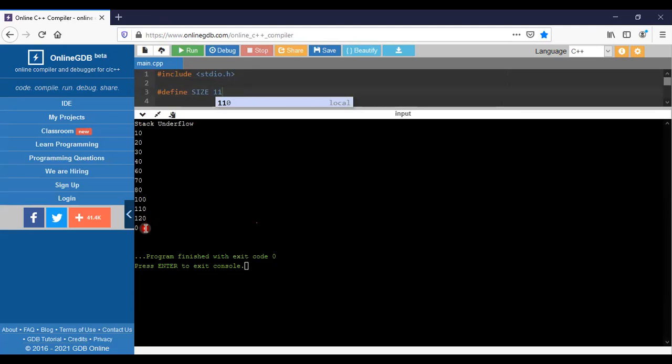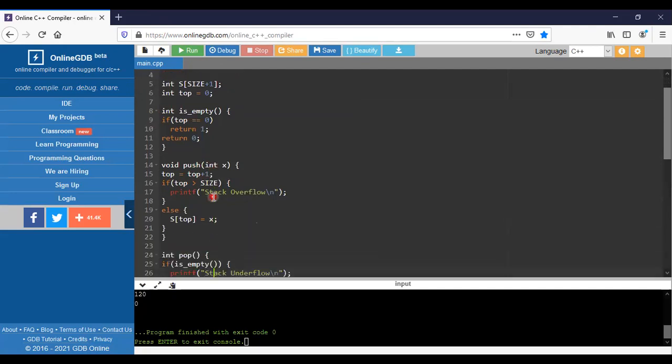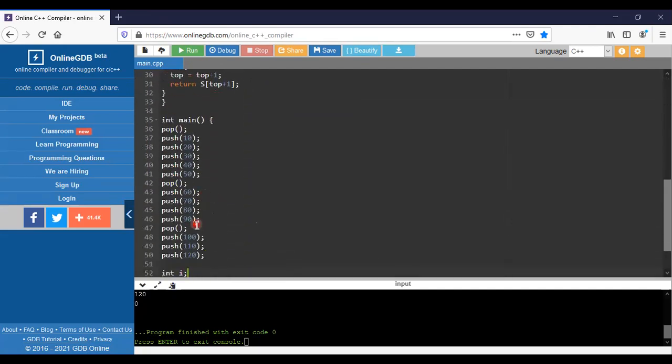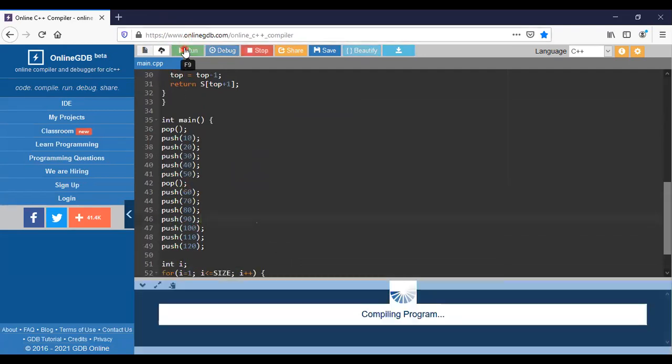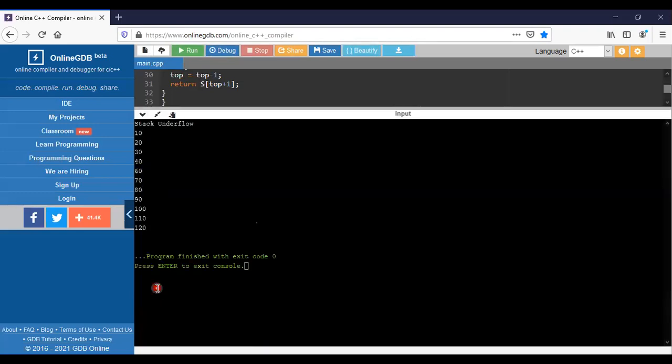That's why it is specified as null. Simply delete this operation, pop. See here, it is taking the values 10, 20, 30, 40, 60, 70, 80, and then 90 here. Means 50 has been excluded now. So that's why it is taking the values.